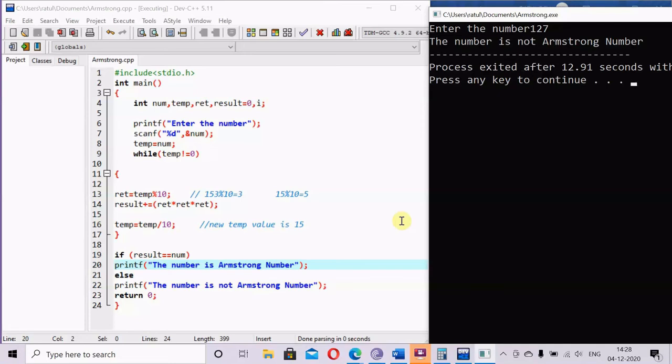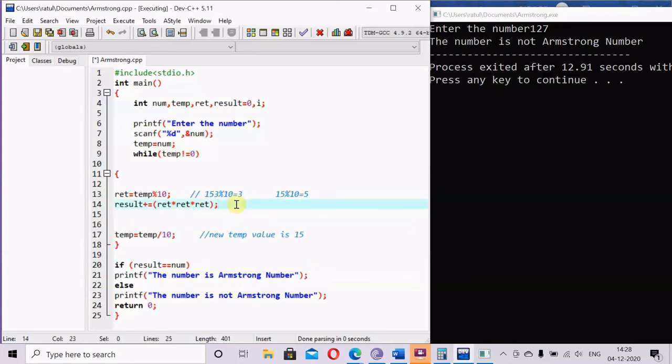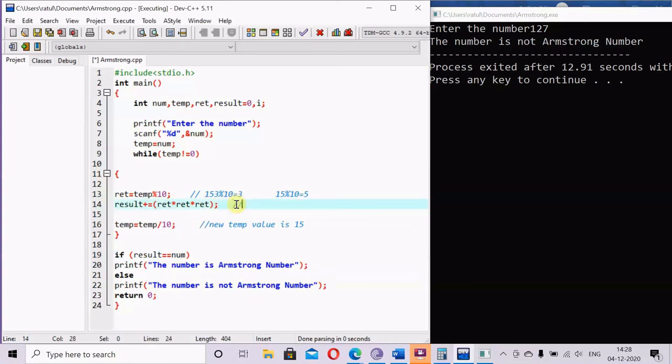Yes, Tushar, you can write result equals result plus this thing. That is also something you can use. I'm just writing this. You can use it this way. In this way you can write result equals result plus yes. I just copy this thing with you. You can use something like that. That is also executable.